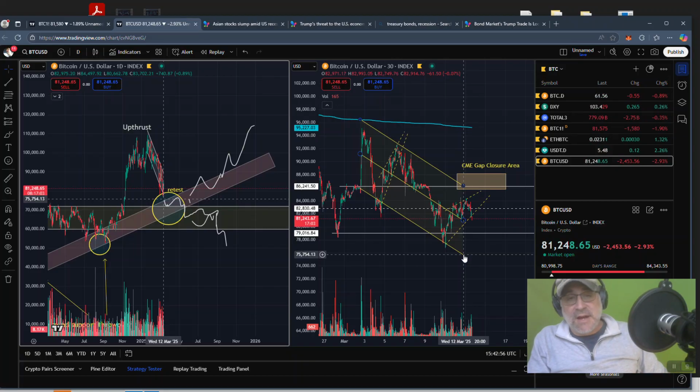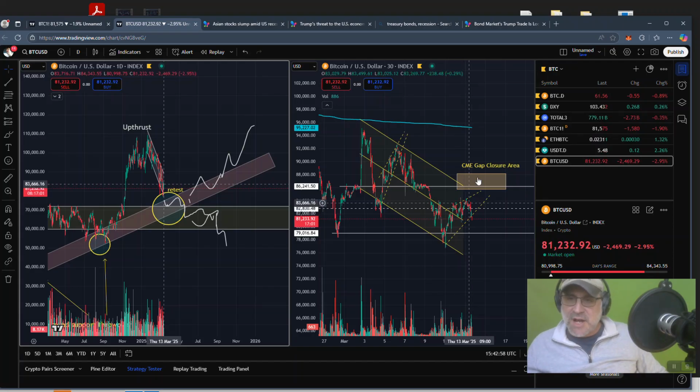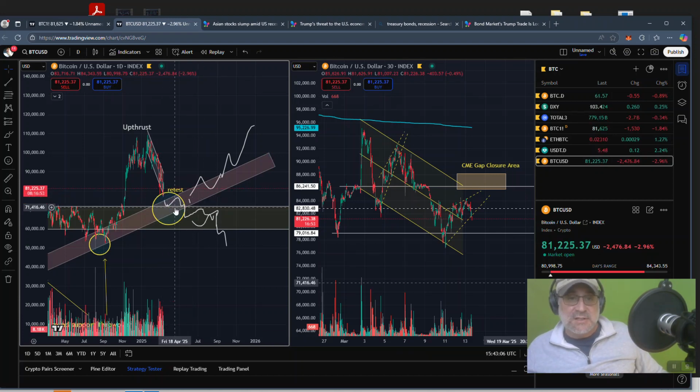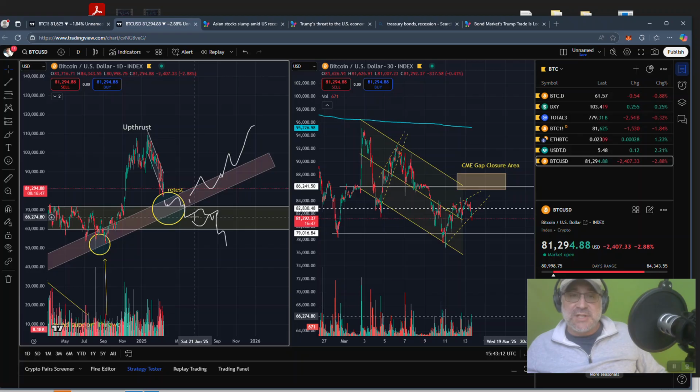And then from there, I think if we do that and we mark down from this rising wedge after hitting this gap, closing the gap out, then I think it's just a matter of time. The writing's on the wall. I think we're going down to retest. We're going down to maybe start drawing out a shoulder. And then from there, we'll just have to play it by ear, doing the VSA, volume spread analysis,